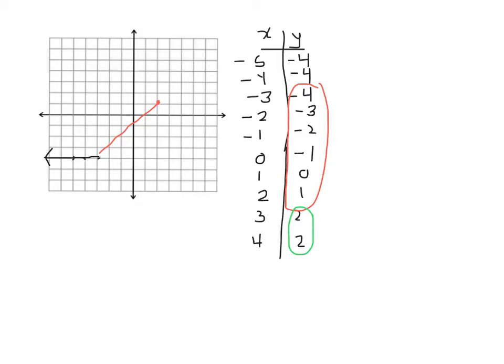At x is 3, y is 2, and y would be 2. Okay. And y continues to be 2 for all values of x greater than that. So you end up with a horizontal line extending to the right. So our red